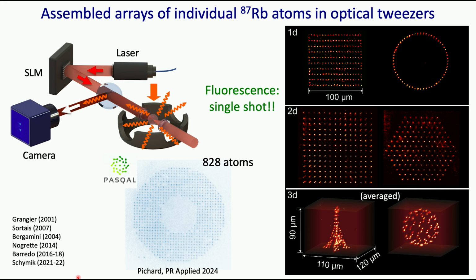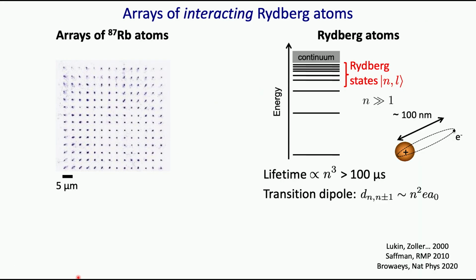Those atoms are very far from each other, far meaning a few micrometers, so in order for them to interact, we need to excite them and to enhance the interactions, and we do that by promoting them to Rydberg states, which have two important properties. The first property is that when you are in this high-lying state, the lifetime of the state is much longer than if you are in a low-lying state, typically a few hundreds of microseconds. It doesn't look like a lot of time, but as you will see in a minute, it's long enough to do coherent many-body physics.